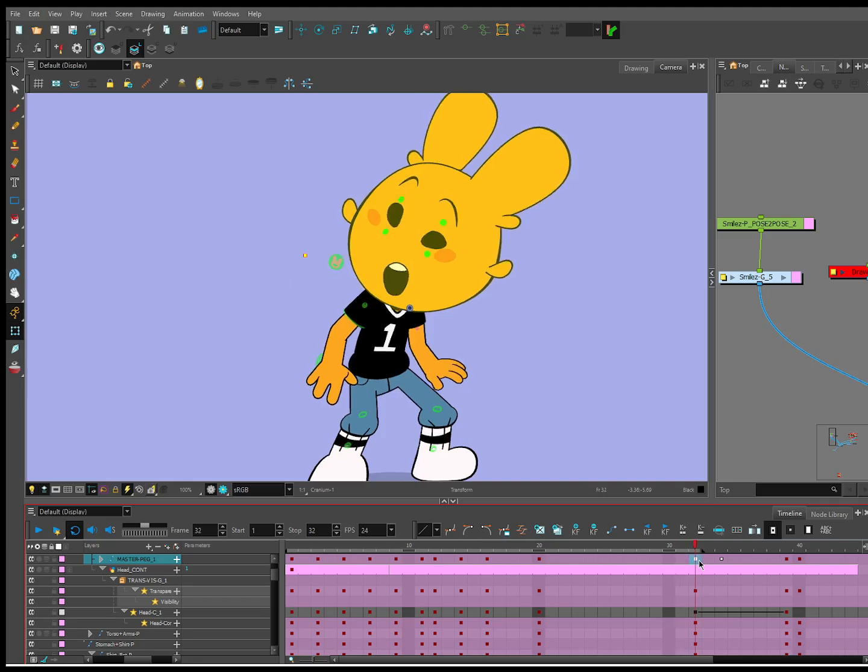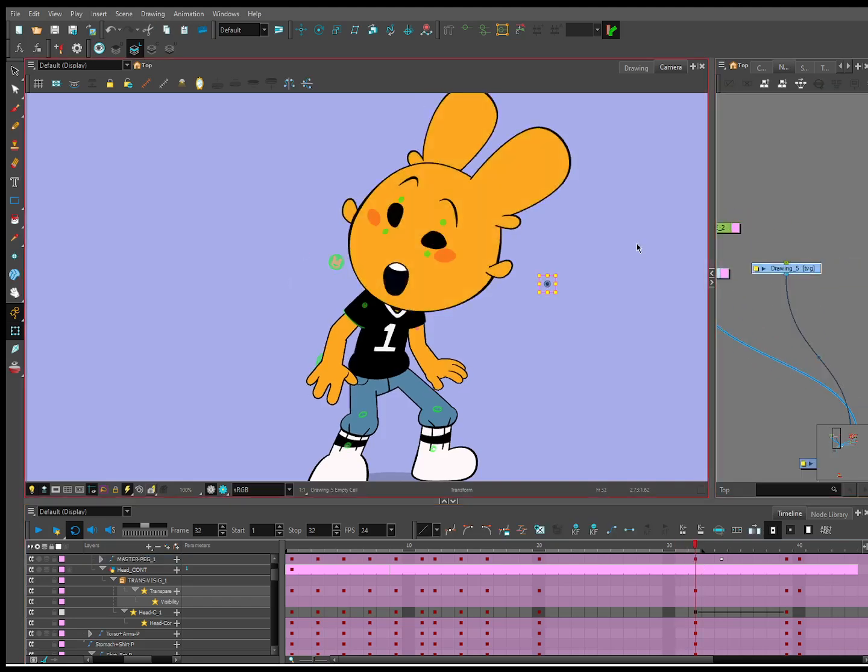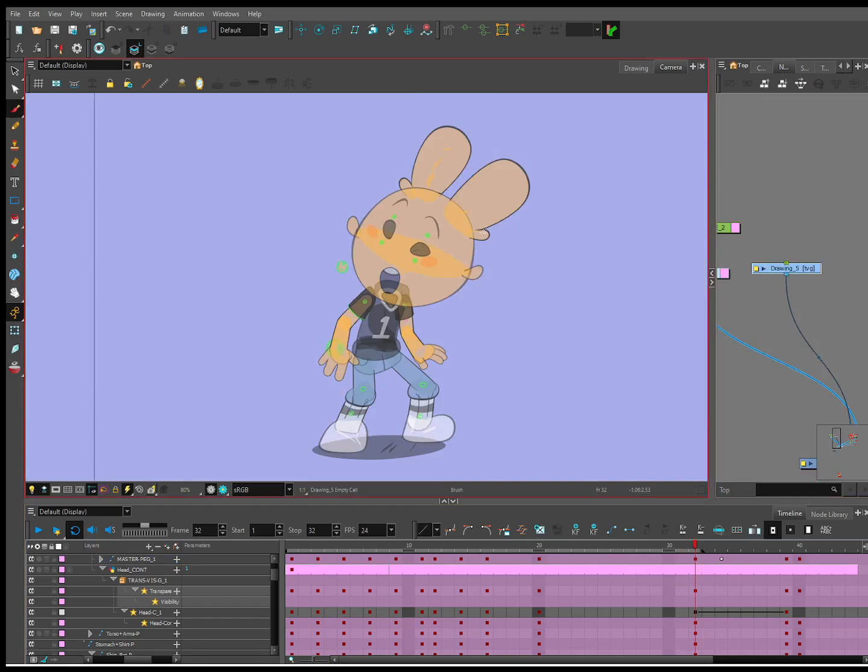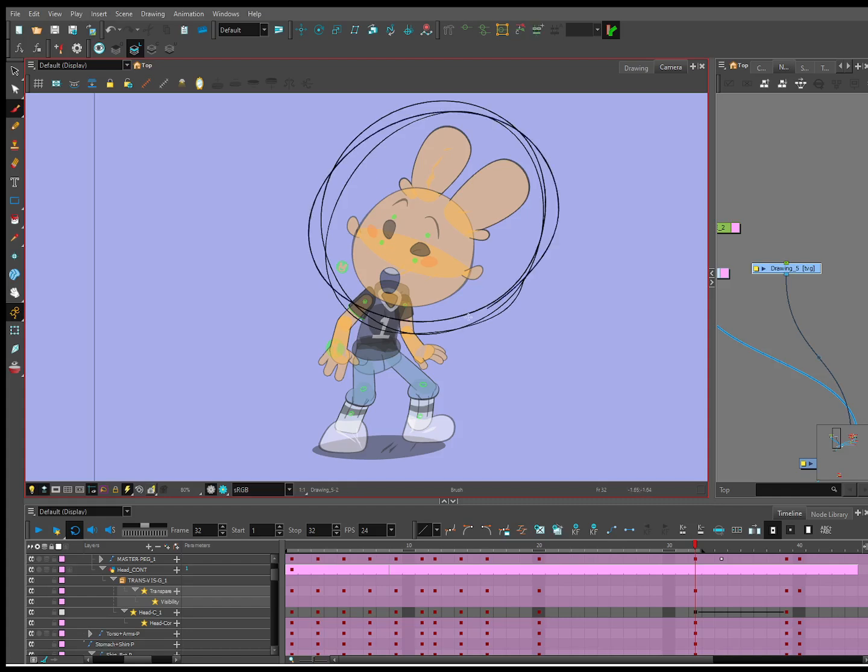And I want to make sure that the focus, the biggest contrast, is here, or wherever you want the audience's eye to go. The audience's eye is going to go to where the contrast is.